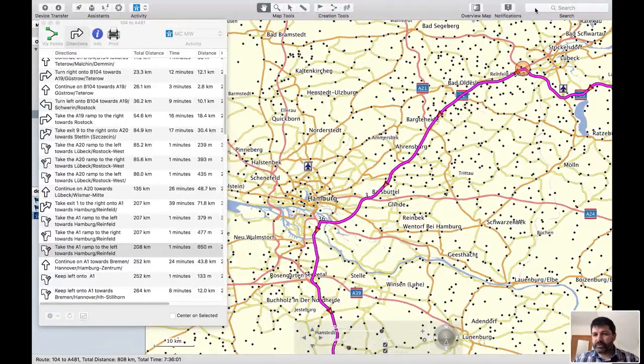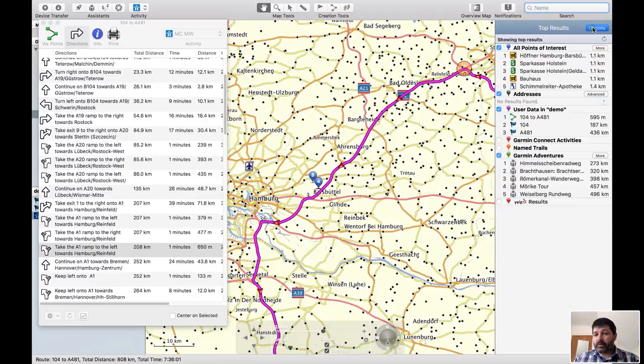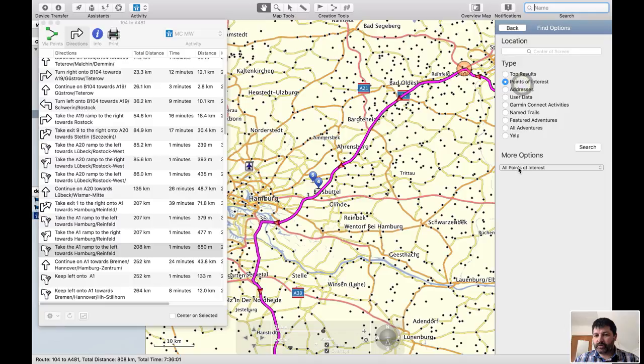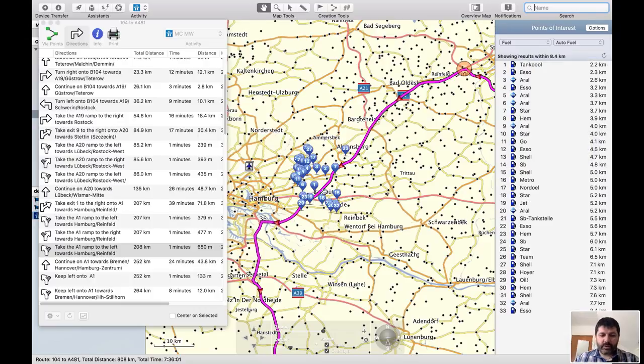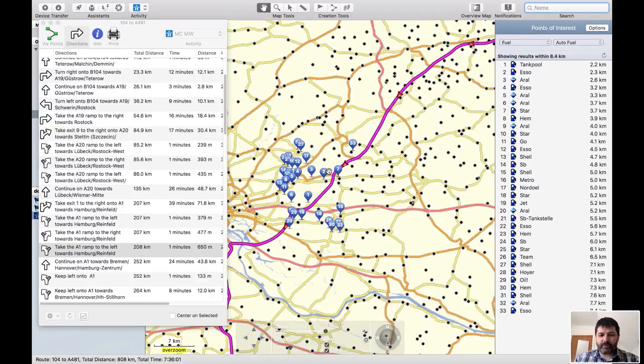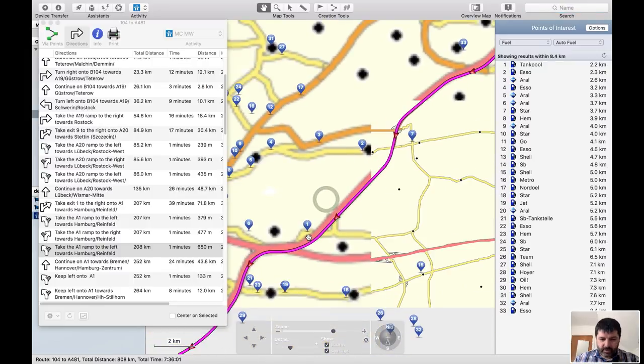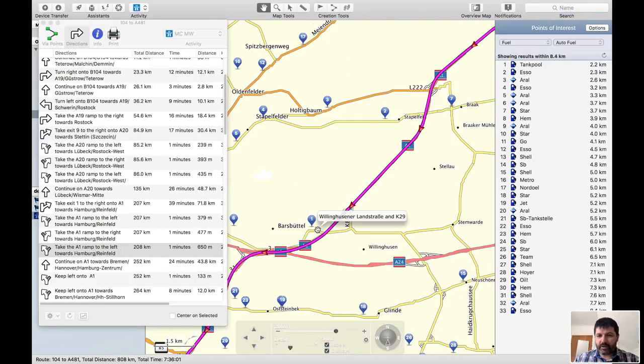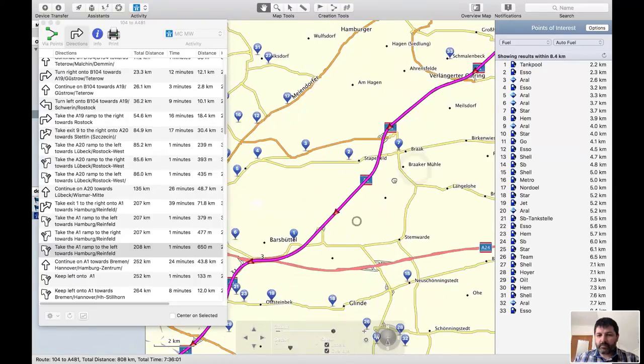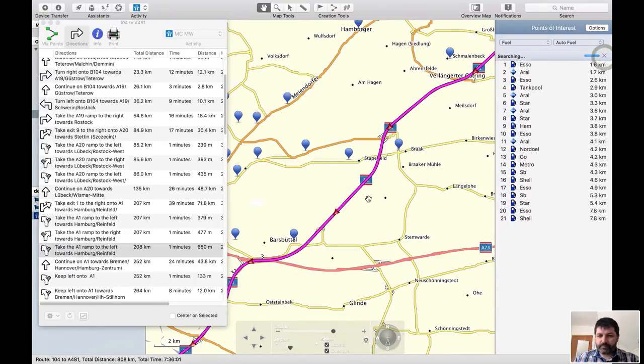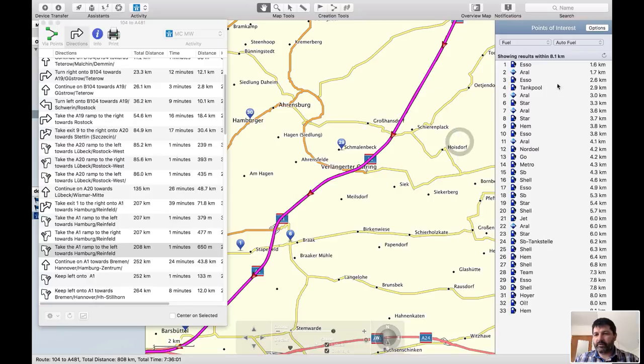To search for fuel stations, just click in the search, press enter, and then go to options, points of interest, fuel, auto fuel, and search again. You see a load of petrol stations come up here, and I usually go for a scale of 2 to 5 kilometers, but here I can already see maybe something over here. I'm just going to refresh again, because when you zoom in,